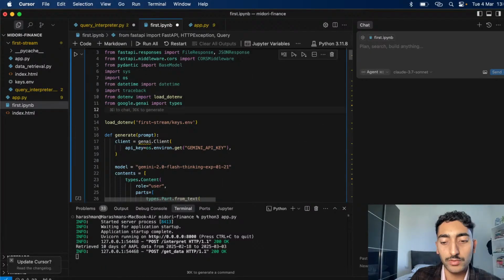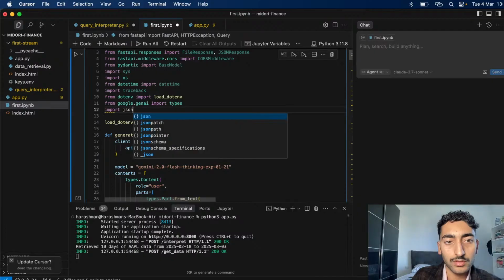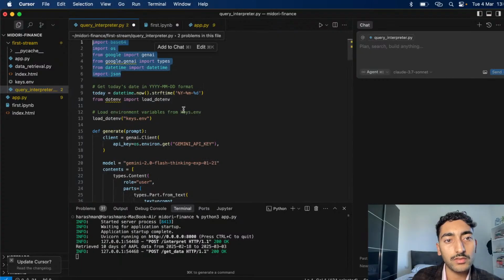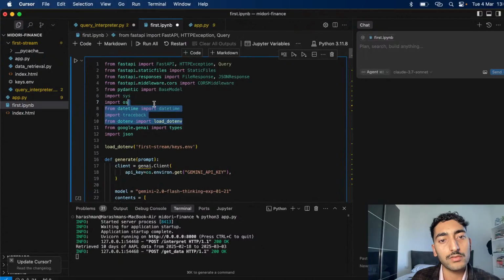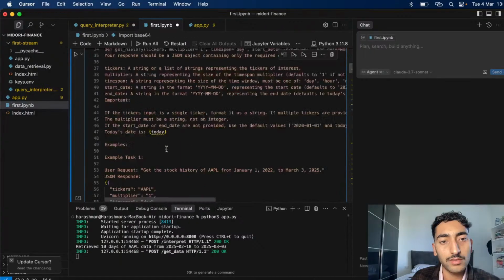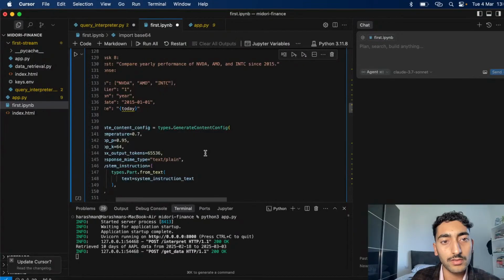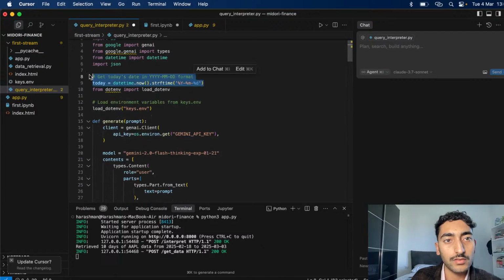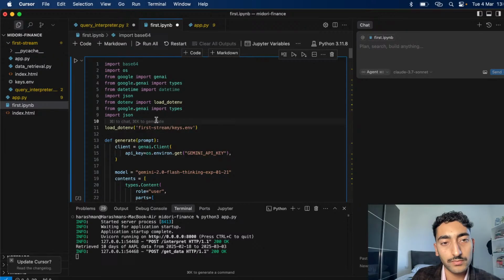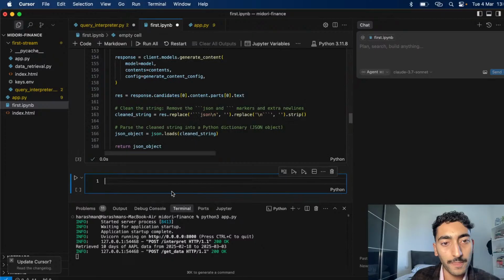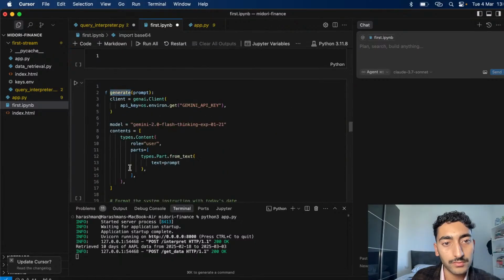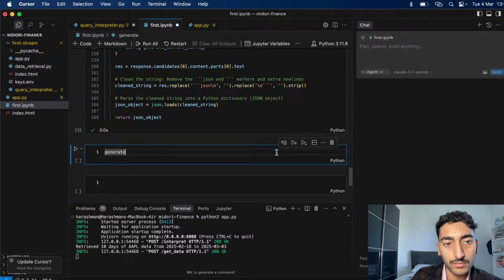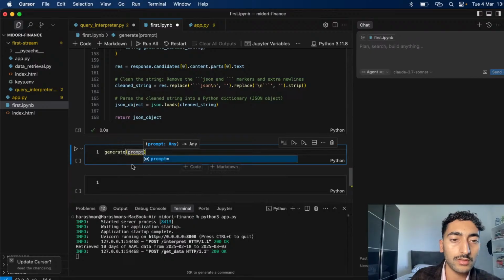Did I import JSON? No. Where did I get this? I don't know. So all that is really needed is this, I believe. And today also is needed. This is called generate prompt. And we're gonna add a